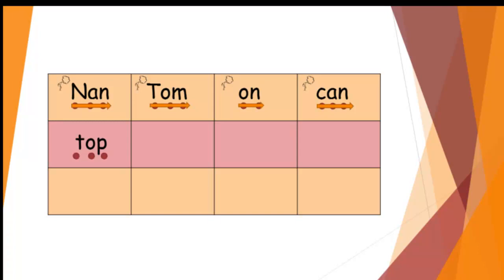T, o, p, top. T, o, m, Tom. S, e, see. Remember, there's our word that we practiced earlier. The e together is making the e sound. N, o, t, not. Okay, think, read, top,